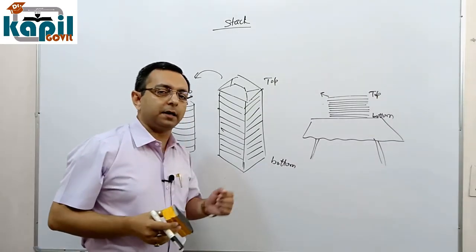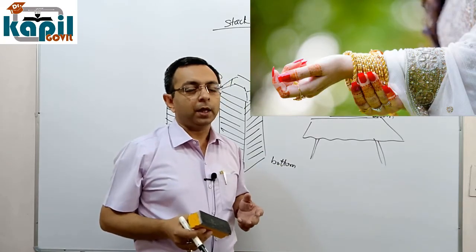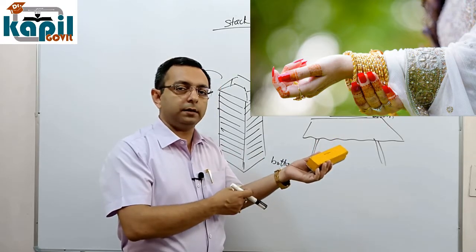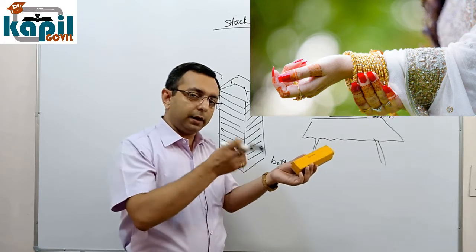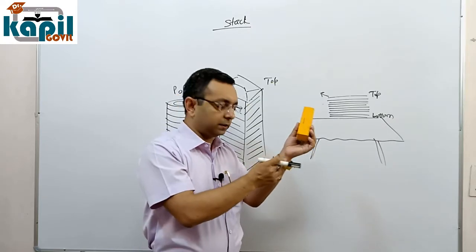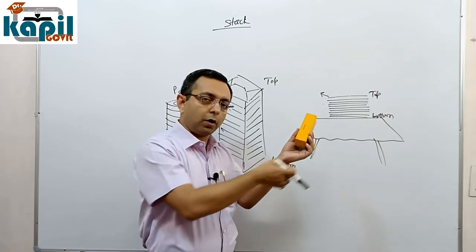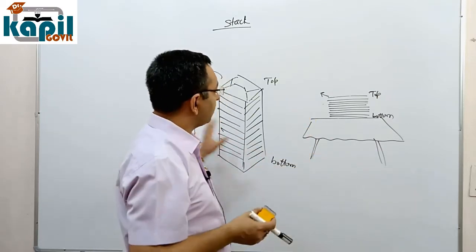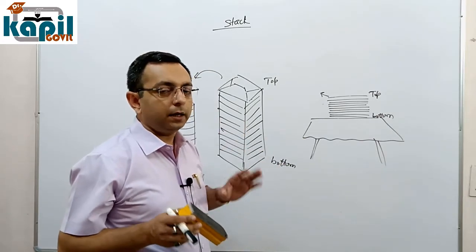And we can take another example of bangles. Ladies wear bangles on their hand. They wear one bangle on one side, then another bangle, then a third bangle, then a fourth, and then a fifth bangle. And if they have to remove a bangle, they remove it first from the top section, and the other end will be called the bottom section. So from the top they are inserting, and from the top they are removing. This is the real life example. I hope these 4 examples are now clear to you, showing what a stack is in real life.